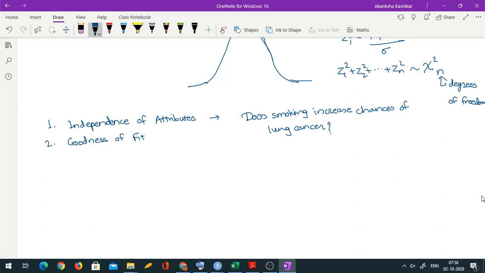Okay. And goodness of fit means you want to compare with some standard assumptions. For example, someone wants to test: are there more accidents on weekends? Okay, so this might be an example that I'm interested in. Are there more accidents on weekends than on weekdays? So if you want to test some such assumption, then these tests can be useful. So remember these two typical examples and we'll study things in more detail.